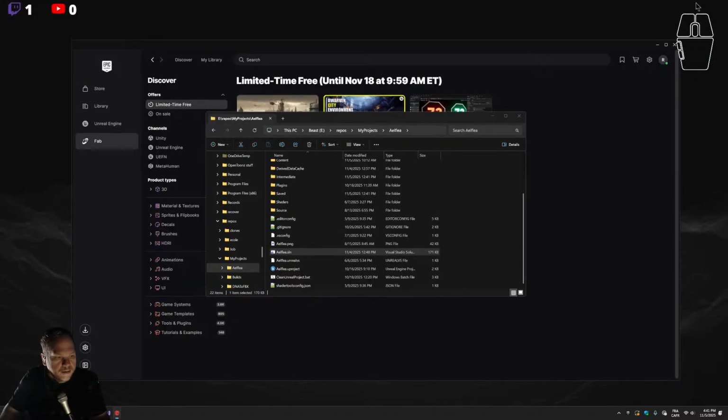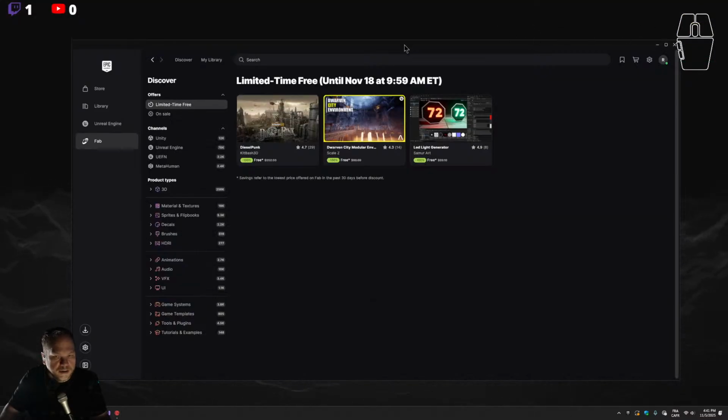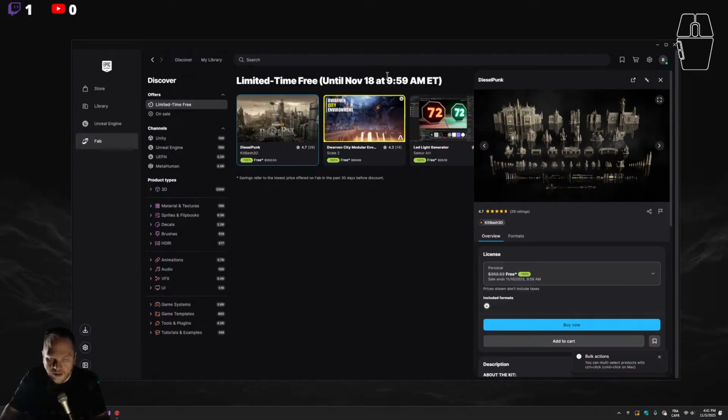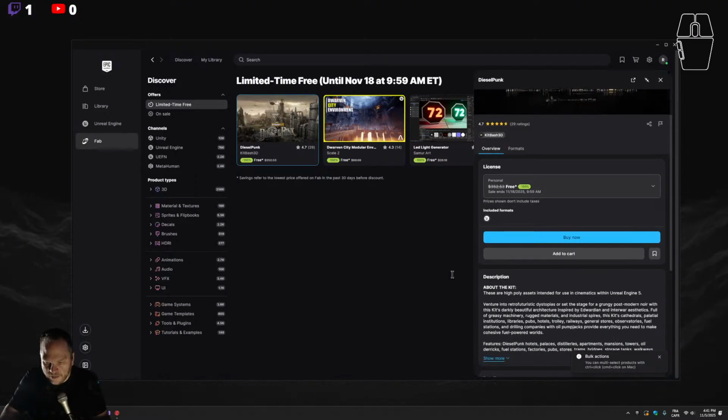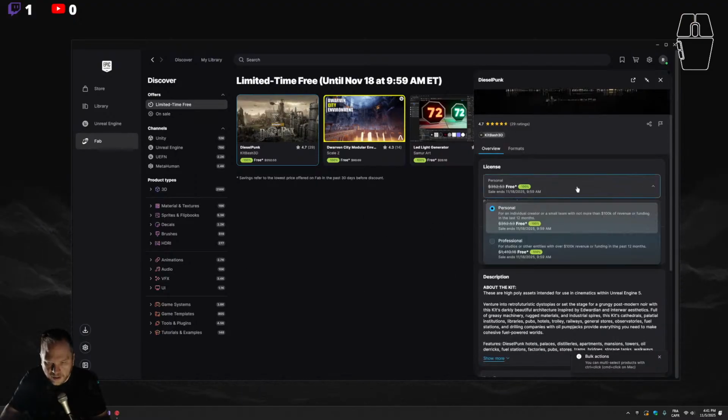Oh yeah, also there is this. I would just open Comet here. 3 assets for your game. In Unreal Engine, you open the Unreal Launcher, you click Fab, limited time free, and you have 3 assets for free for a limited time until 18th November, and after the 18th you will have new assets there, and to get the assets correctly you need to